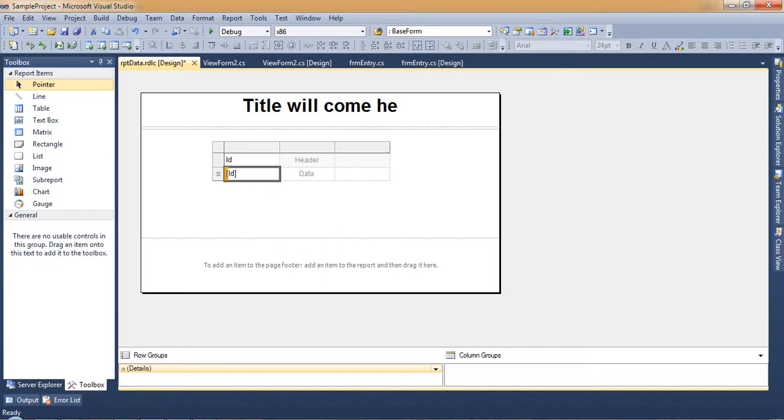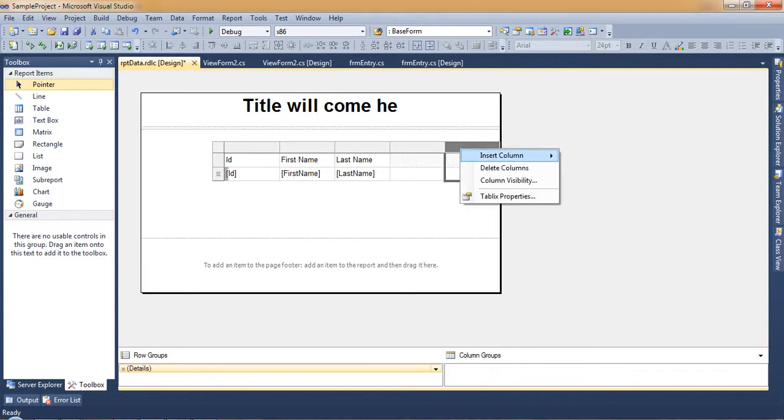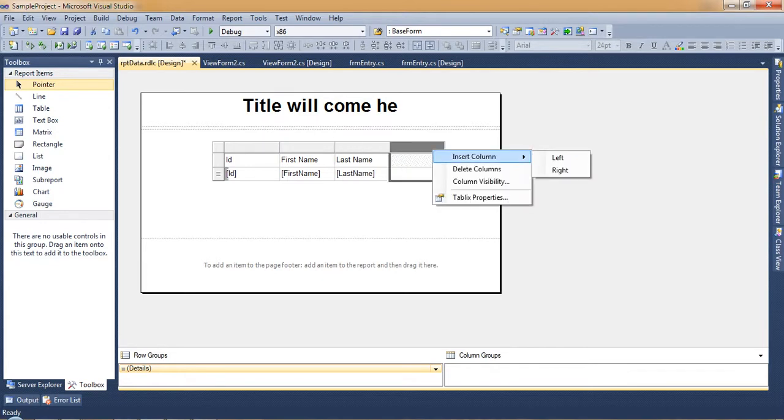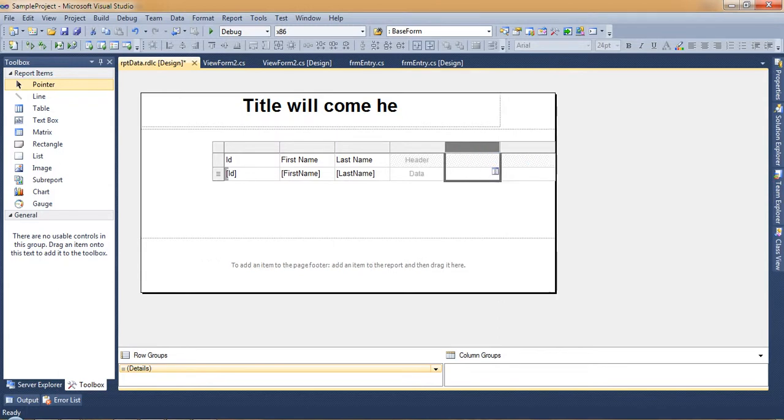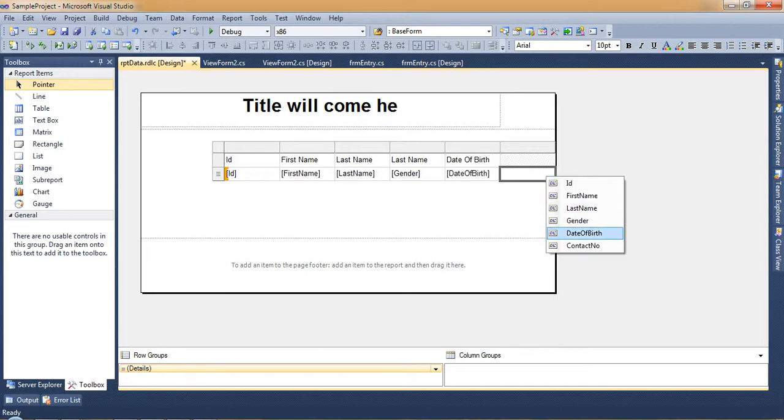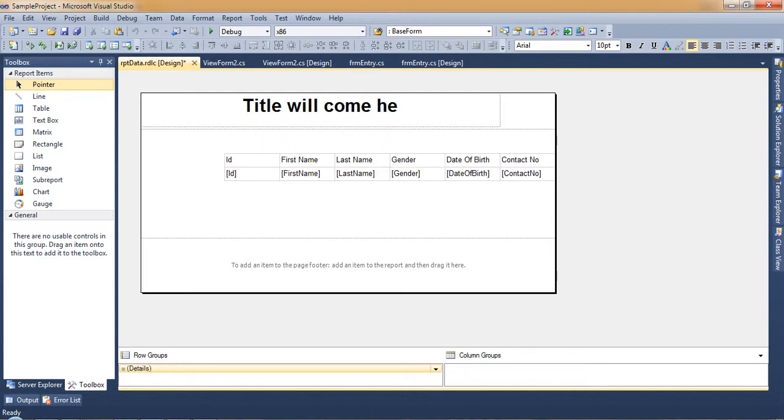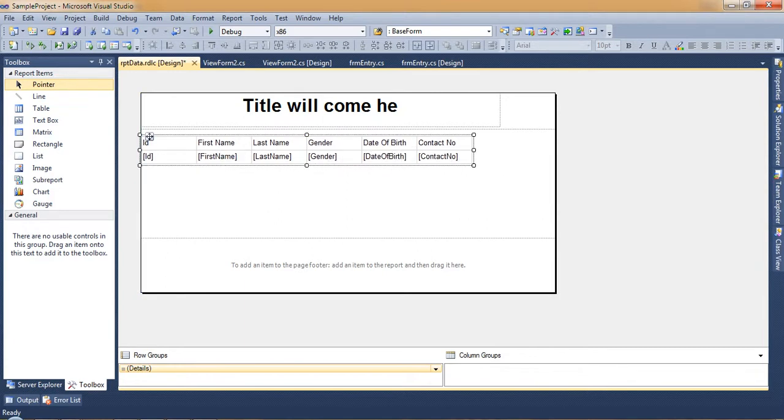Then select ID, first name, last name, add more column, select gender, date of birth, contact number, rename it as gender, move this table to the perfect location.